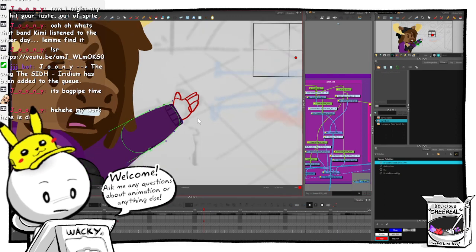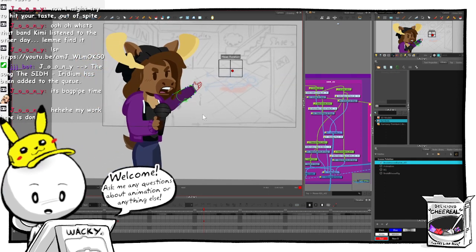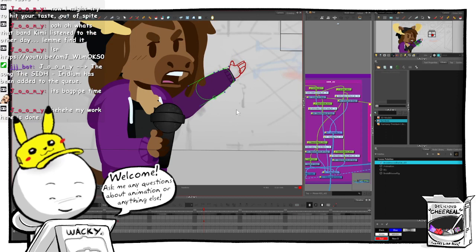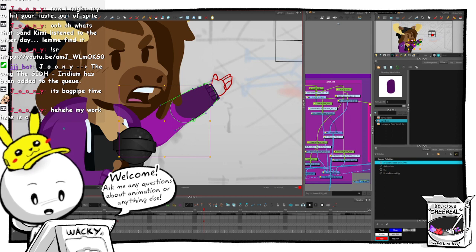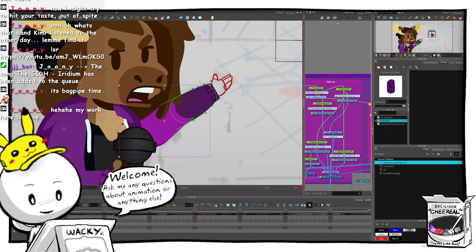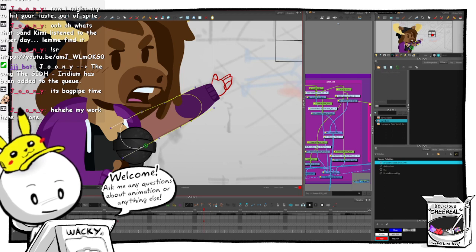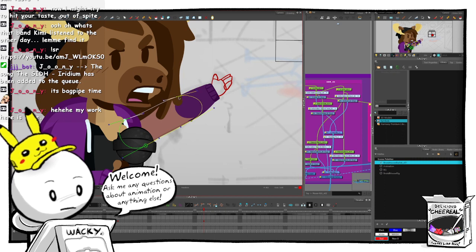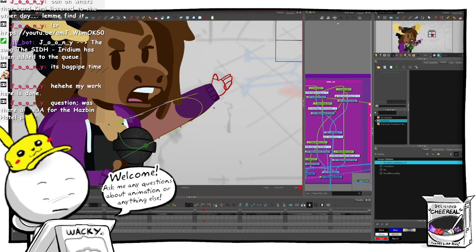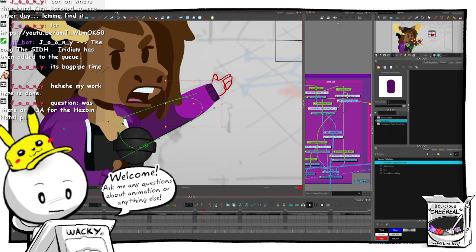Let's match this curve up a bit. You know what we could almost do? Well, no, I don't think that'd be a good idea. I was gonna say we could just make this shape out of just one of the arm parts, but I think it'd be a bad idea to get rid of the elbow. Because what if we need it later? Try and get it as triangular as possible.